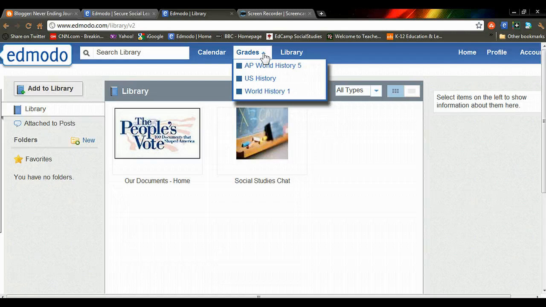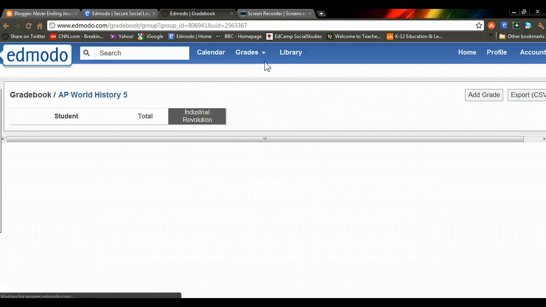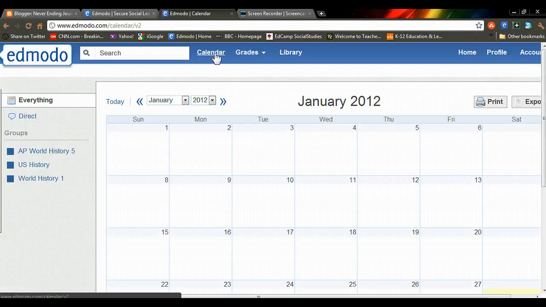Also, grades. Students, you want to just check real quick about the grades for a class. You can go to grades and click, and you can see it'll show you a list of the students and what they previously have in each assignment that's been posted and that's been turned in or not turned in. You can check grades from there. Another thing I like a lot about Edmodo is the calendar. Students really have an easy time looking at the calendar. You can go back and look at old assignments,